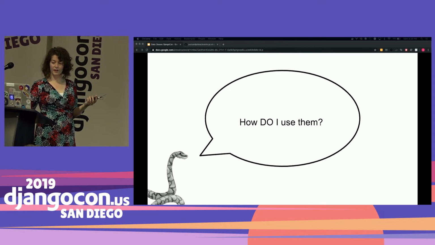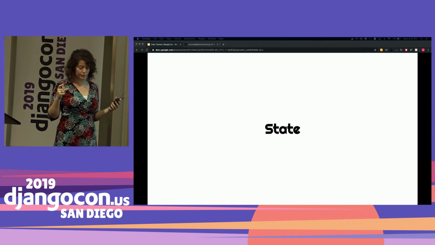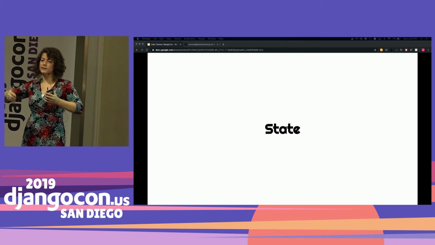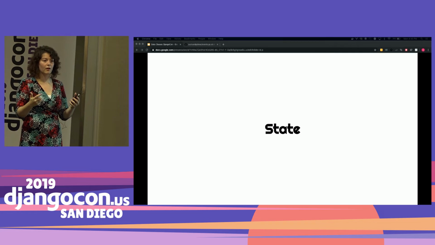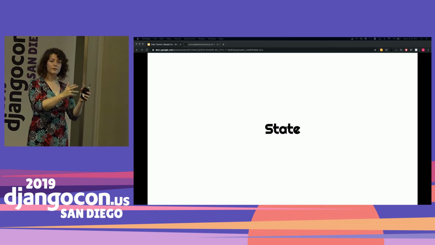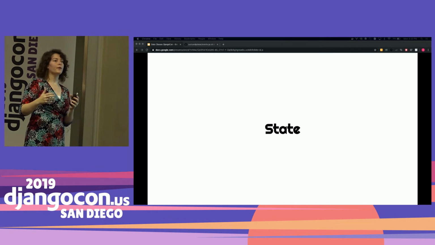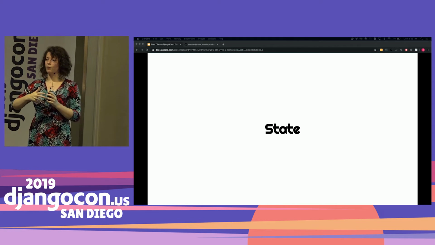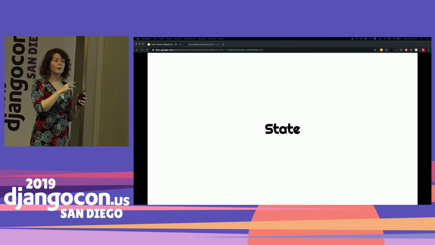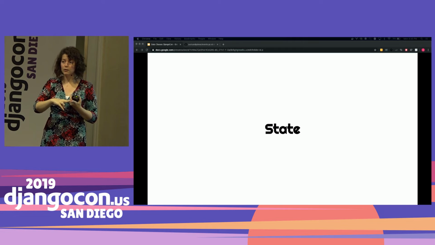How do we use them? So data classes are not ideal if you have a class that needs to do lots of transformations and a lot of heavy lifting on the data that you're passing it. This is essentially a state object. You have a piece of information about what should happen or what the current state of an API call is or what the current state of X process in your application. This is a good way to pass that around and either mutably update it or immutably track it.